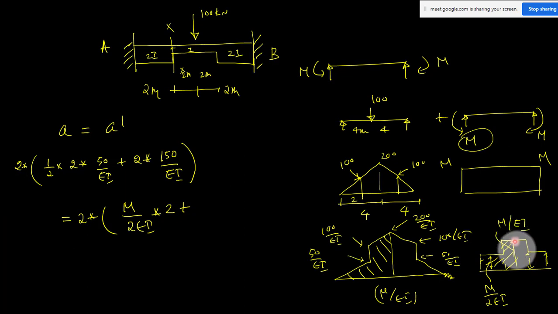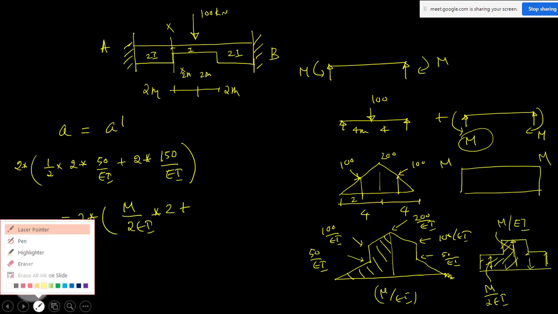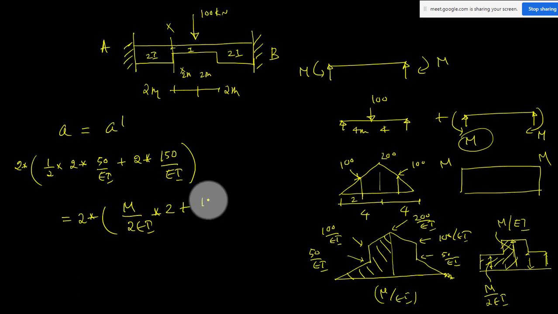This is M by EI, the height, this is again 2 meter, so that is M by EI into 2. So these two will get cancelled, and here this value will come 50 plus 150 into 2, 300, 350, so you will get 350,